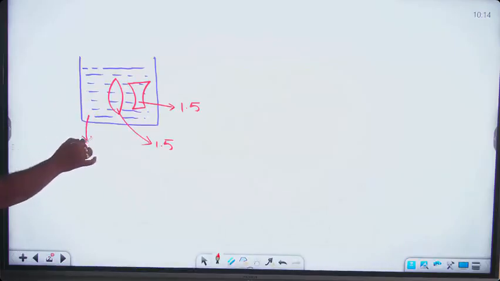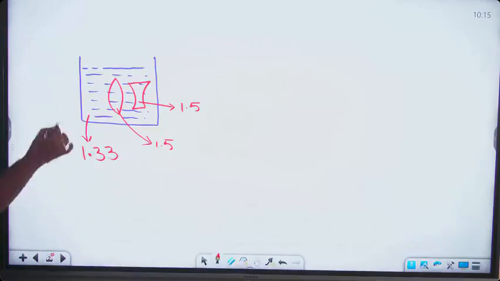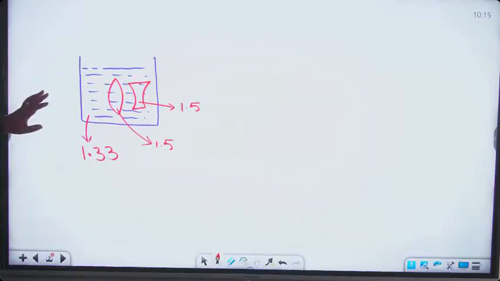We don't know. Suppose that I'm saying the refractive index of the liquid is equal to 1.33. Now what is this liquid? Water. So it means that whenever a convex lens is placed in water, whenever a concave lens is placed in water, question